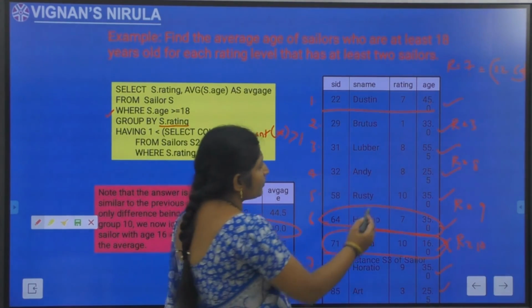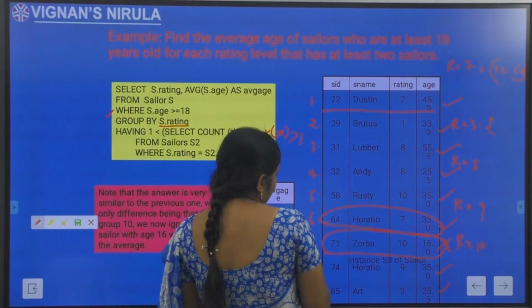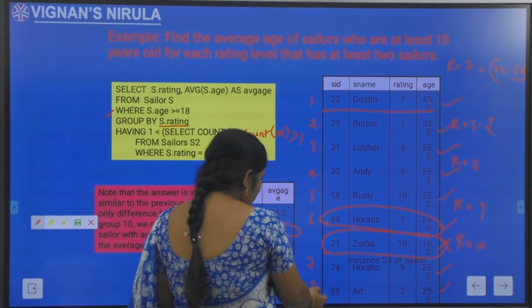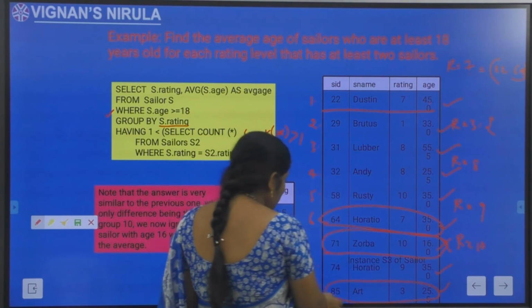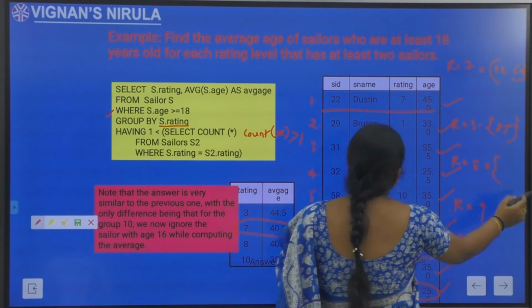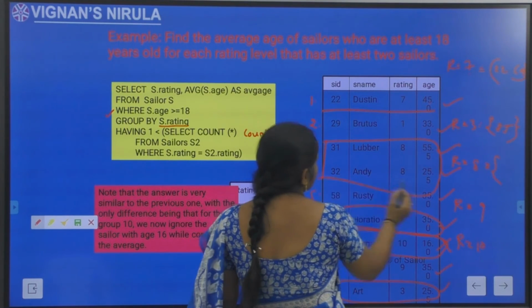So the next group, rating level 3. What are the sailors' IDs for the rating level 3? Okay. So for the rating level 3, how many sailors are there? Only one sailor, that is sailor 85. For the rating level 8, how many sailors are available? 31 and 32.